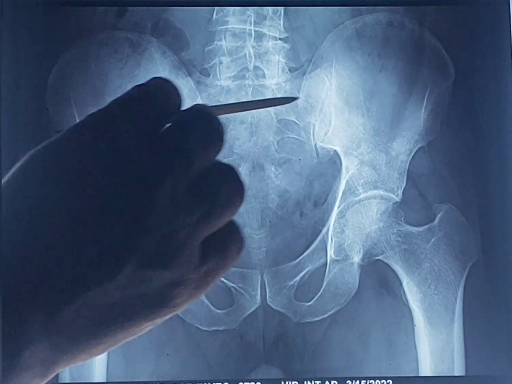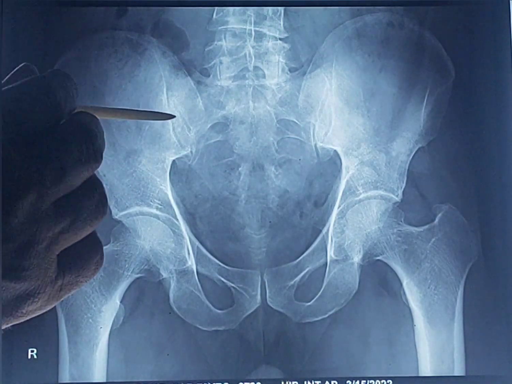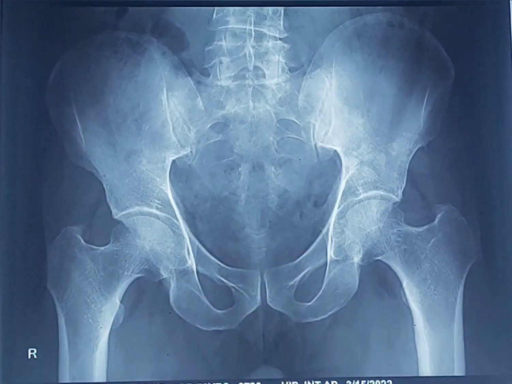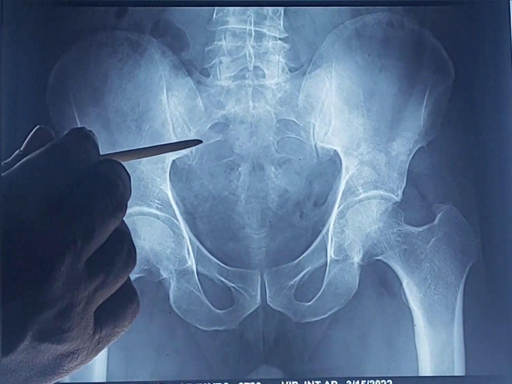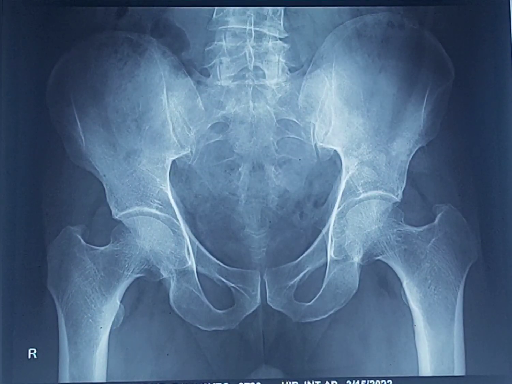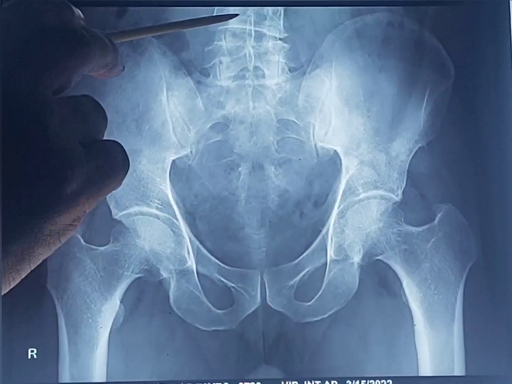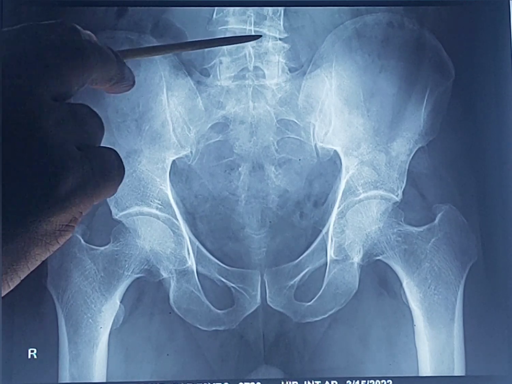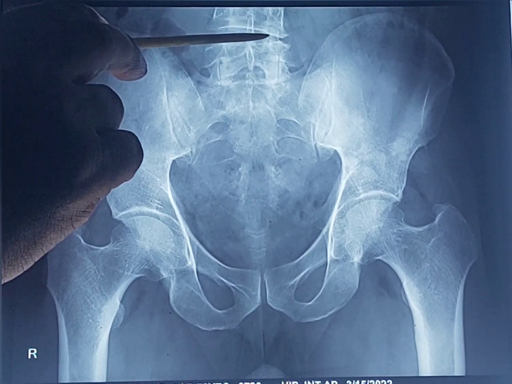Then come to the bony pelvis. If you are asked what are the bones that form the bony pelvis, the answer is very simple. Anteriorly and laterally, the hip bone of both sides, sacrum and coccyx on the posterior side, and this line is the pelvic inlet. I described the landmarks of the bony pelvis and its pelvic inlet and outlet in my previous video. Then what are the joints we can see in this field? Here is the joint between the fourth lumbar vertebra and fifth lumbar vertebra. This joint is in between the two lumbar vertebra and it is the intervertebral disc, the secondary cartilaginous joint.